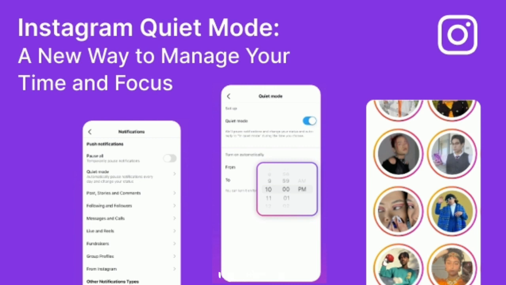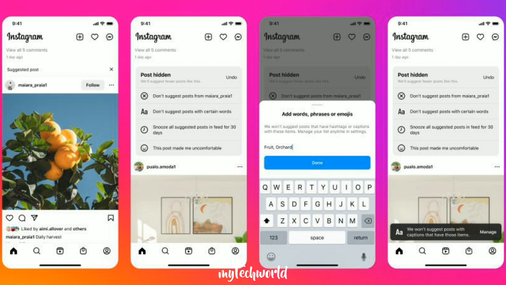Instagram's quiet mode is a feature that allows users to mute push notifications for a set amount of time. This feature is designed to help users disconnect and unwind without the constant distractions of notifications. Users can enable quiet mode by going to the Settings menu in the Instagram app, selecting Notifications, and then selecting